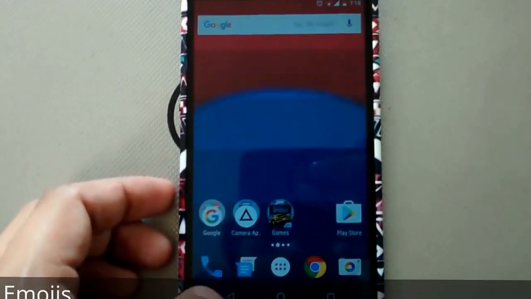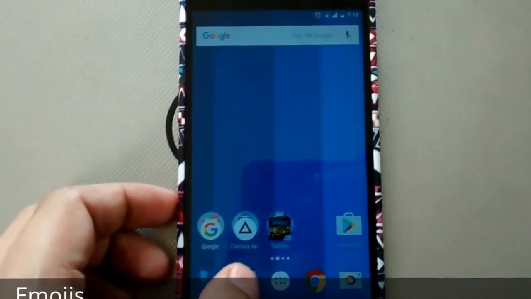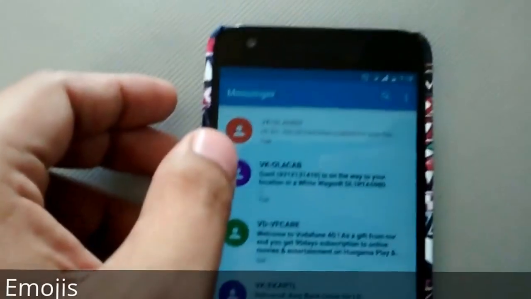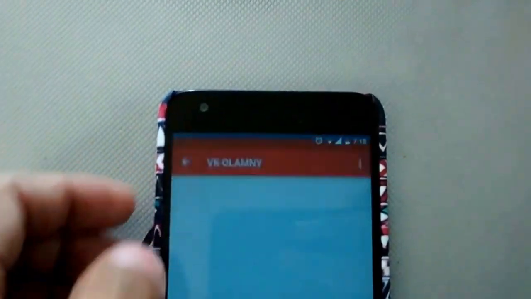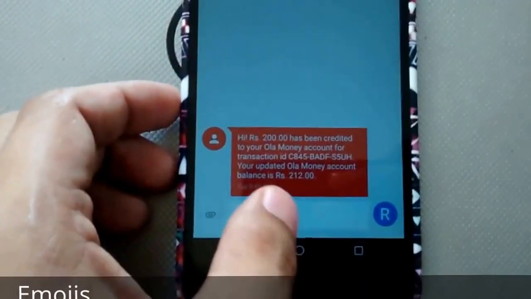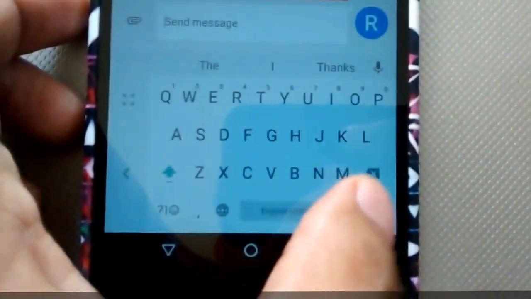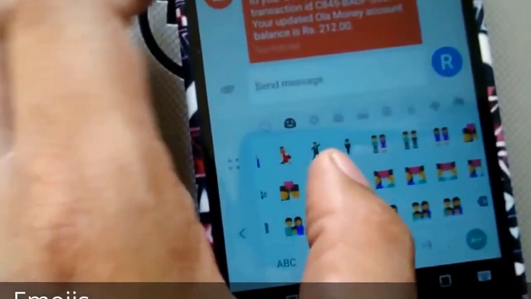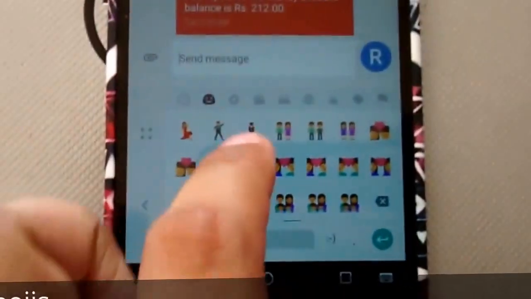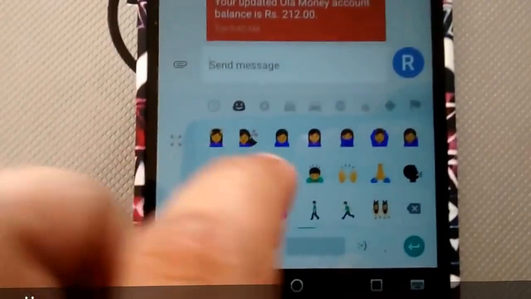Jump cut 5. Android has received new emojis. So let's review those emojis. Let me go back to my SMS screen and just open one message, and in the reply message press this smiley button. Alright, so as you can see, there are new emojis.